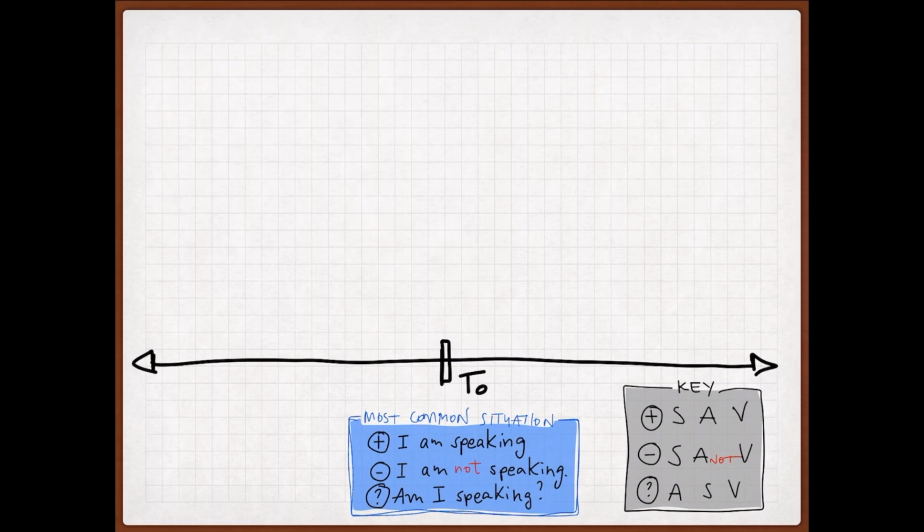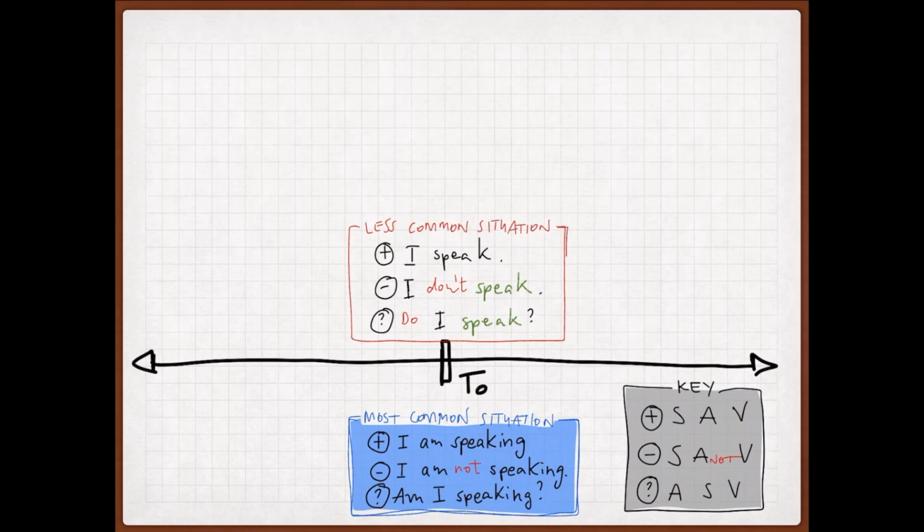So let's take a look at some of the less common applications of the English key. Some of you may be thinking about the present simple structure in English, and that is our first example. As you can see, or rather not see, the auxiliary in this tense is often invisible. This element is easily revealed when we negate the sentence, I don't speak, and this helps us create the question, do I speak? We can talk about this as a less common application of our English key, where there is not always a visible or audible auxiliary, but by negating it we can reveal it and invert it with the subject to create our question.